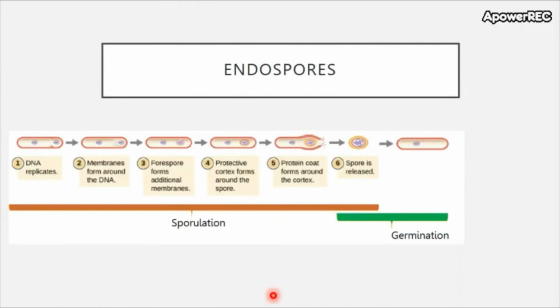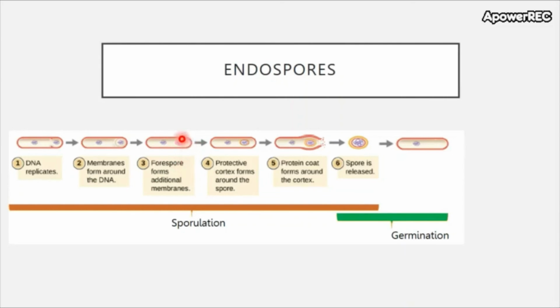Okay, so we're just going to very briefly discuss the process of making an endospore. So step one, the DNA replicates. So here we have a second copy of the chromosome, or copies, depending on the type of bacterium. And this is the nucleoid over here. And we have membranes that start to form around the DNA. And then what we call a forespore forms, which contains additional membranes here. I know it's a little bit difficult to see, but just imagine there are extra layers of membranes that are added to this